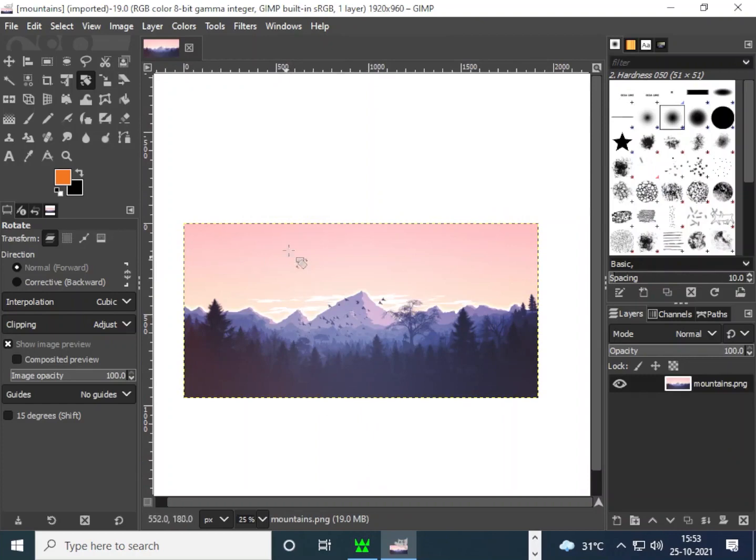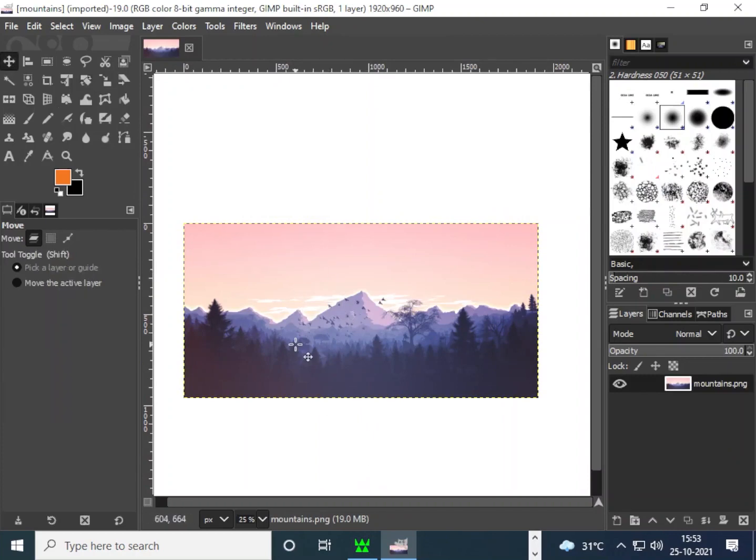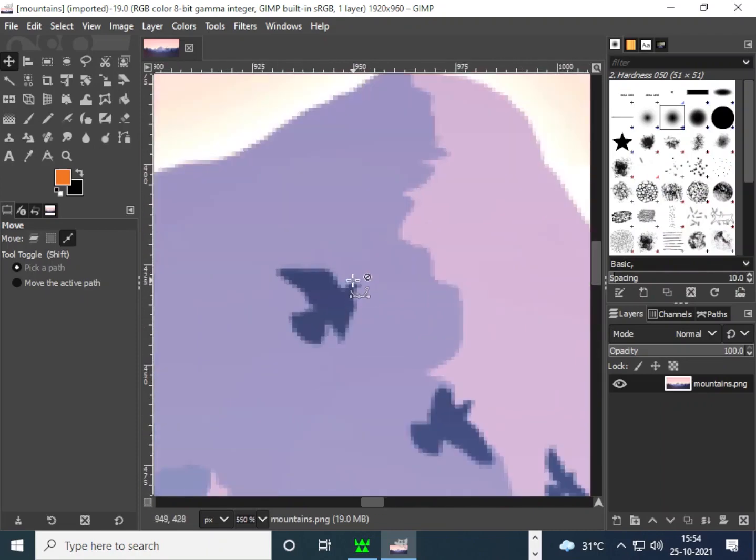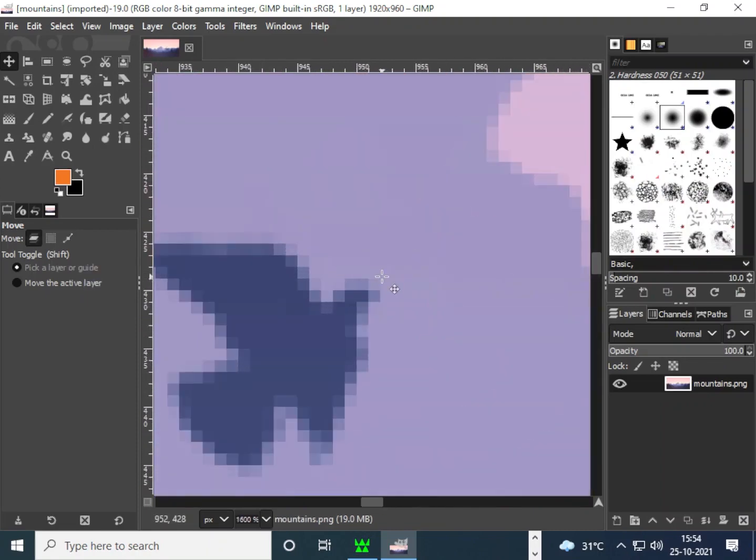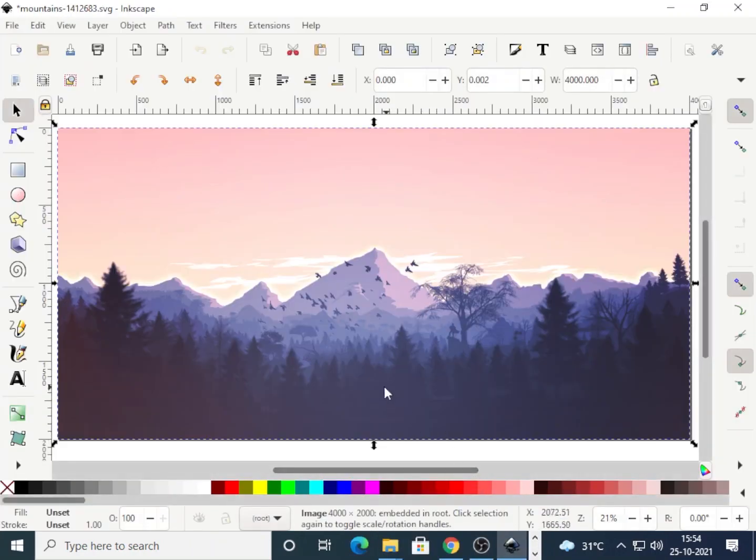Just to give you a demonstration now, take a look here. If you have seen this image, this is a pixel image, this is a bitmap. I'll zoom in. Can you see this? What happens to the edges? Pixelation, right? If I zoom it, now I'm going to show you what happens to a vector image. Same image I have taken, but this is vector.